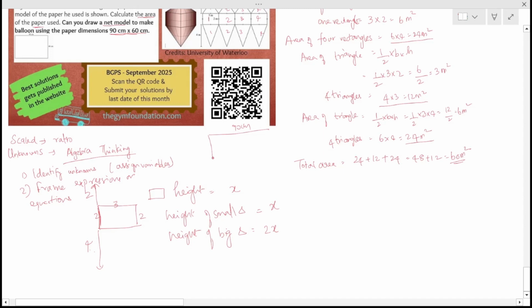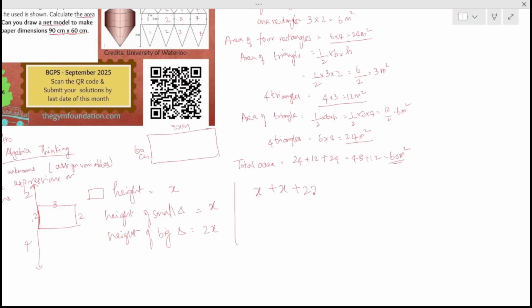So my entire height is the height of the small triangle, the height of the rectangle, and the height of the big triangle, and that equals 60 centimeters. So let me apply the second part of algebraic thinking, framing expressions. The height of the entire net model should be x plus 2x, and in the given dimensions it should equal 60, right? So x plus 2x is 60, and so this is 4x is 60, and x is then 15